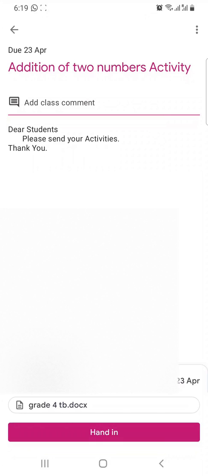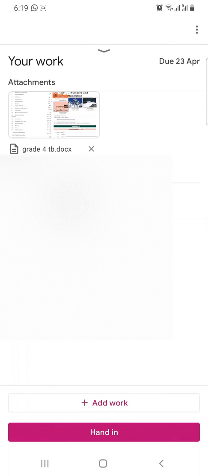You can see here my teacher has assigned some work. It was explained in a Word file or a PPT file. You can check that one, and later you can write that work, and you can take a photo directly and send, or you can take a photo and keep it ready on your mobile. Then you can click your work. Okay, I'm going to click my work.